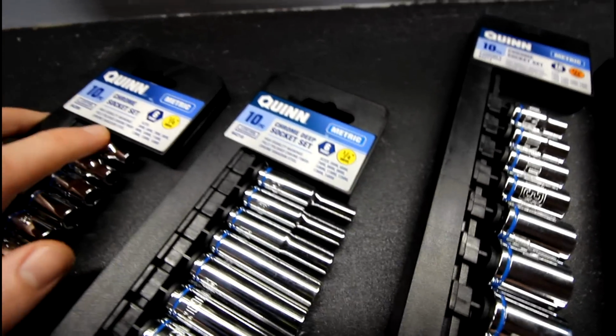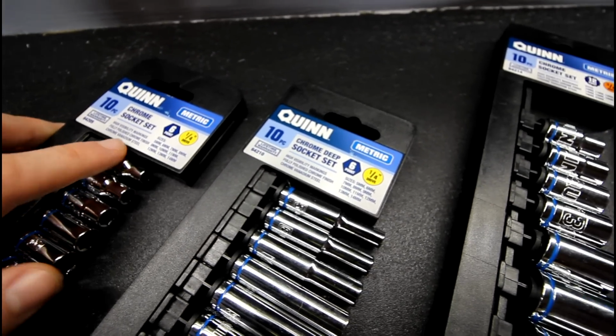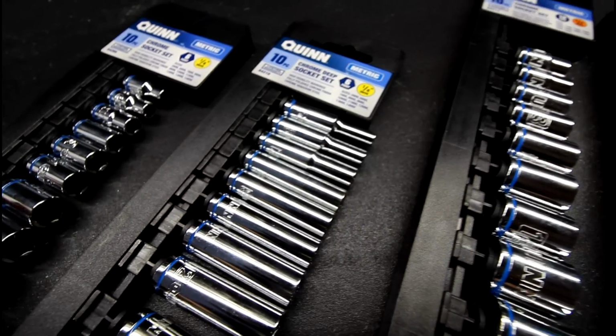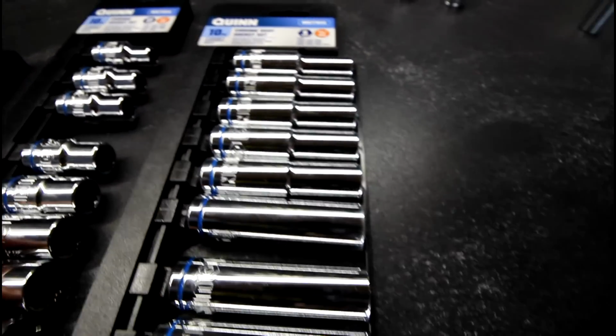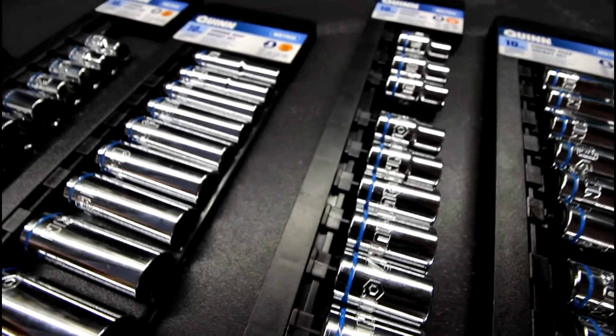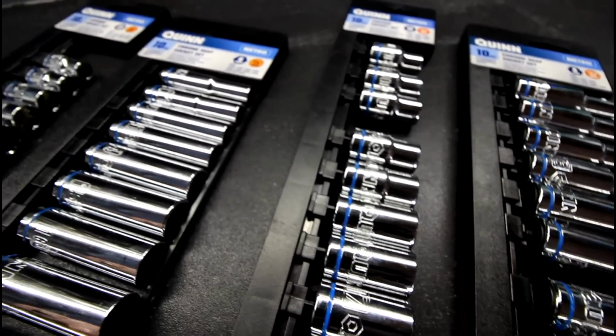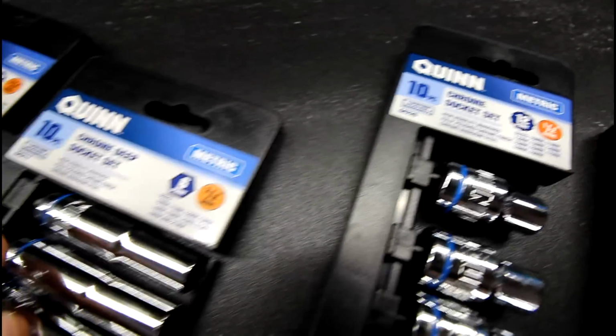And they have high visibility markings, which I'll get to in a sec. They're fully polished with a chrome finish, and they're made from vanadium steel. So they're really nice quality sockets. You can just tell by picking them up that they're really hefty and they're not cheap. And I know some sockets from Harbor Freight have been known for breaking from too much torque. But these sockets are definitely of a higher quality,